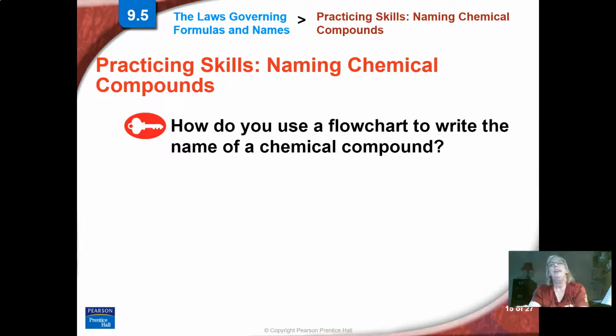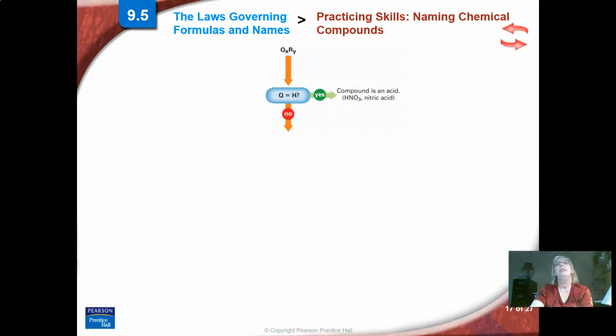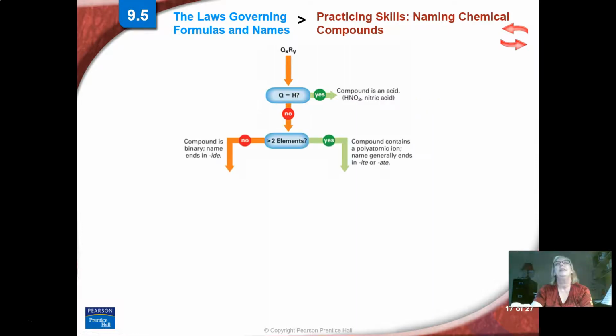So how do we write a chemical compound? Let's do some practice with this. We're going to follow the arrows and answer the questions on the flowchart to write the correct name of a compound. So you've got a compound here. You want to know if it's an acid or a base, then you're going to go that direction. Acid is going to go that way. If it's not an acid, if you don't see the little AQ by the compound, then you're going to say, is it 2 elements? If it is, you're going to use the